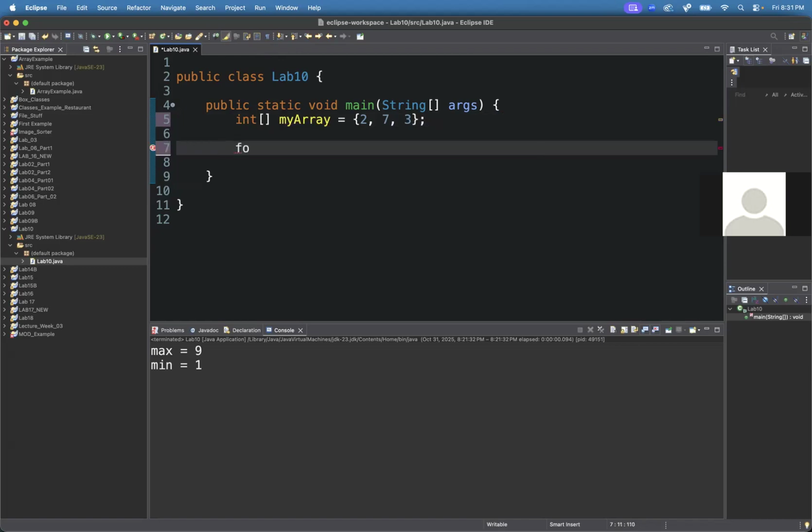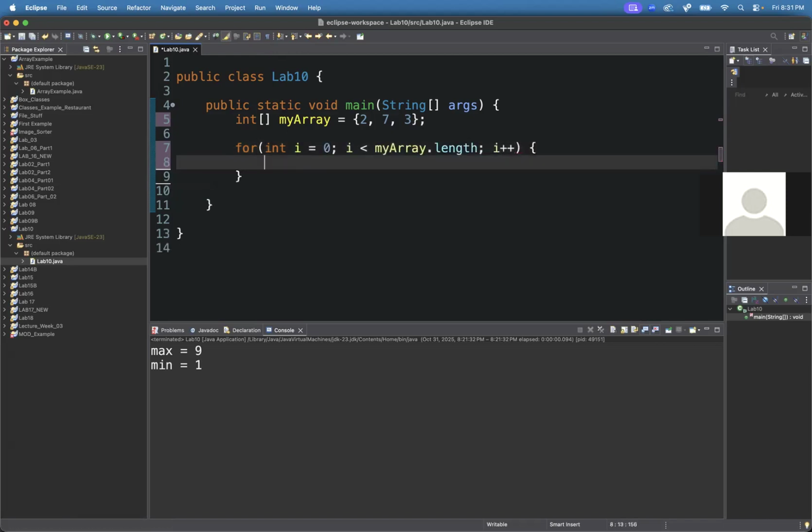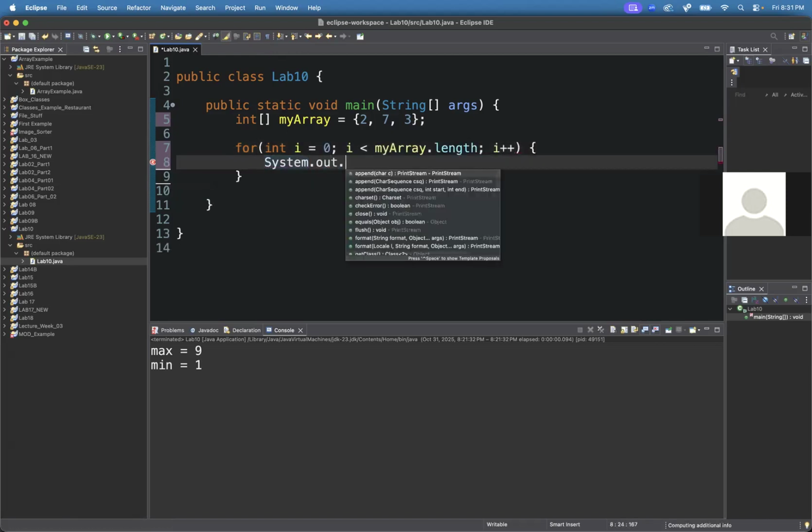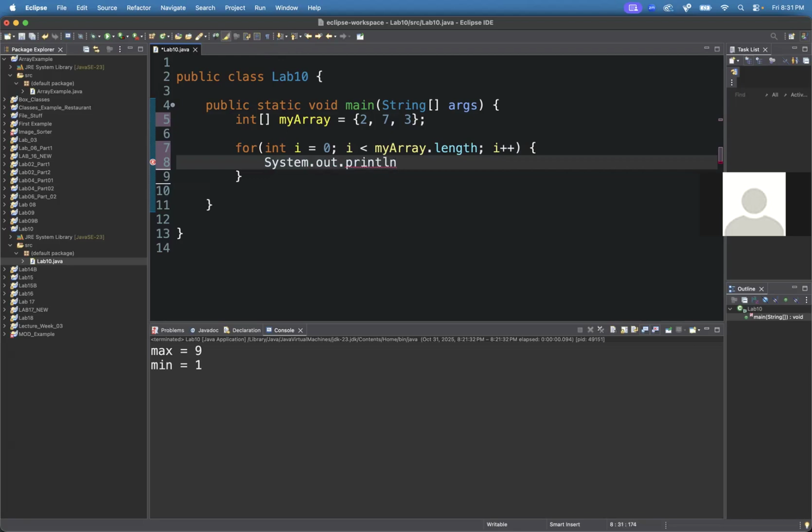So if I do this: for int i equals 0, i less than myArray.length, semicolon, i plus plus, and then in here I just do System.out.println(myArray[i]),